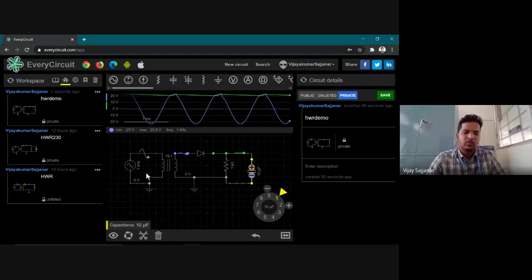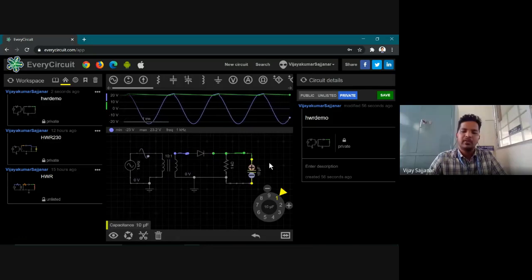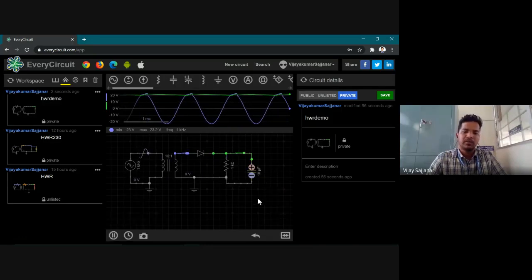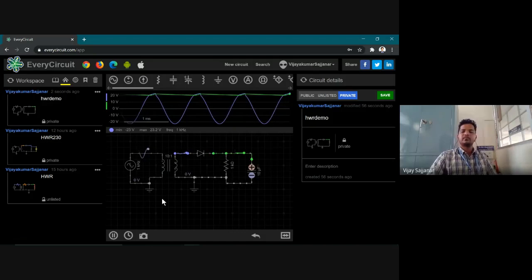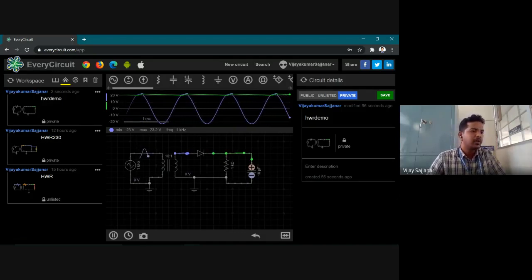These are the steps we use in our conversion from AC to DC: AC to a constant flat DC, which is first transform, rectify, filter. So this is how our rectification procedure goes on. I'll take a minute break.